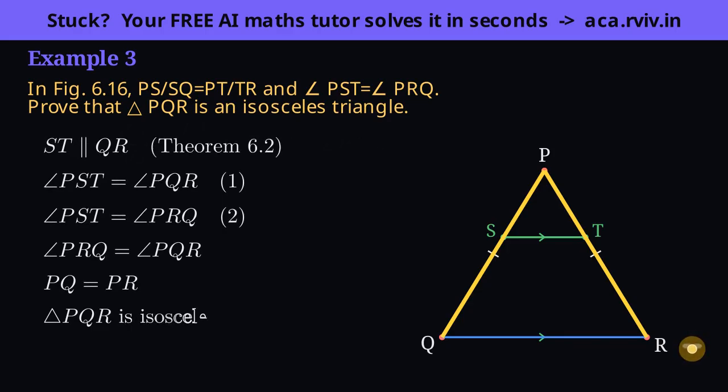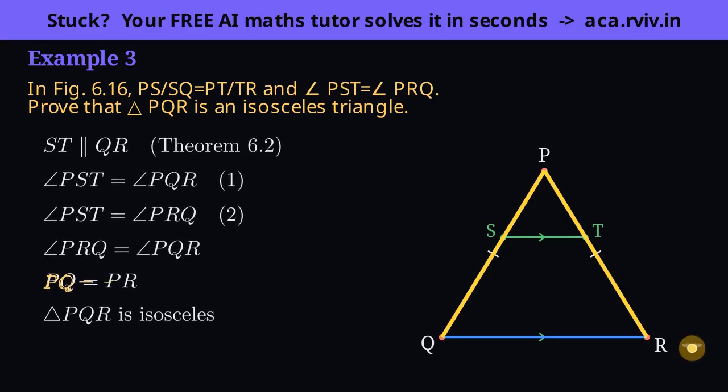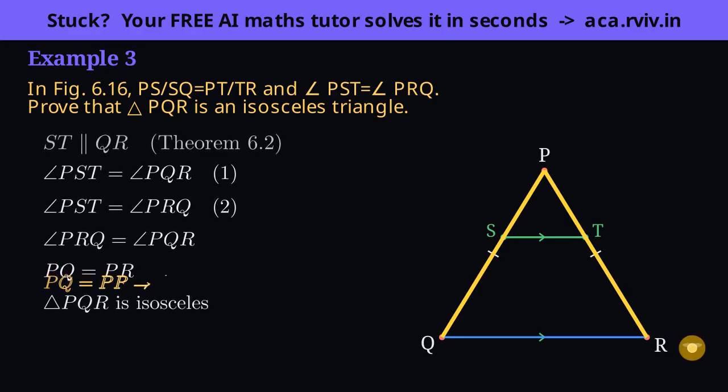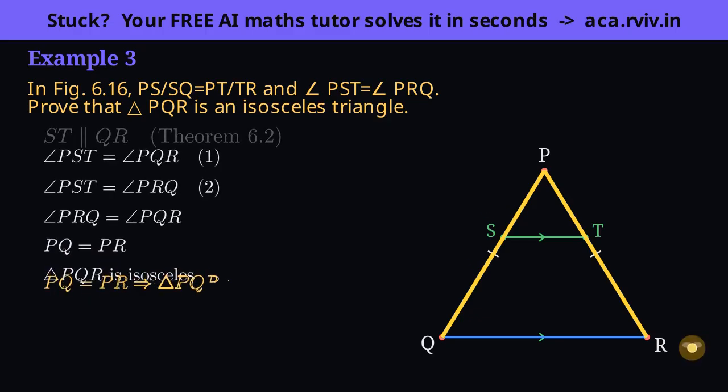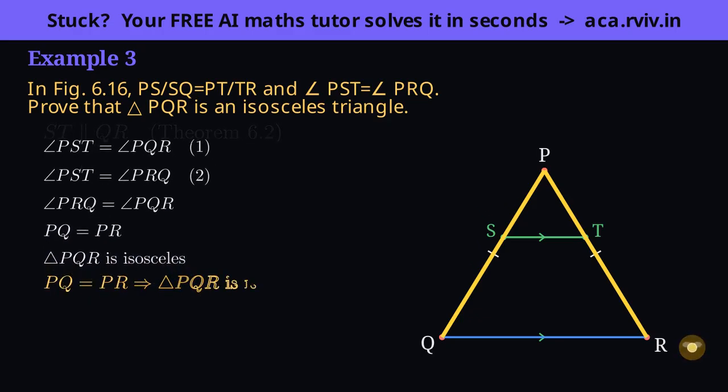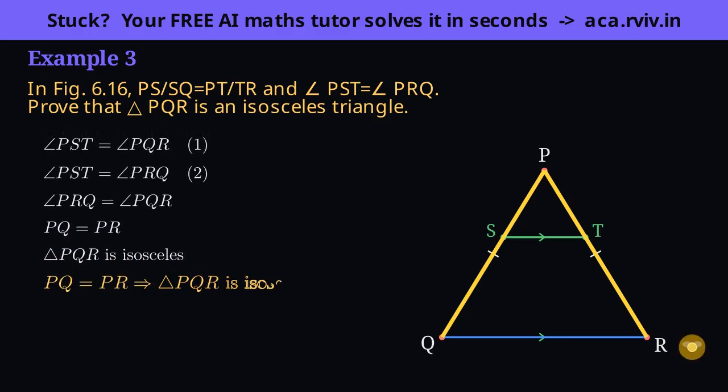Notice the whole chain: ratio, then parallel, then angles, then sides. The pattern to remember: a matching ratio on two sides is a green light to invoke the converse of Thales. That gives you a parallel line, the parallel line gives you equal angles, and equal angles give you equal sides. Learn to run that whole ladder in one glance.